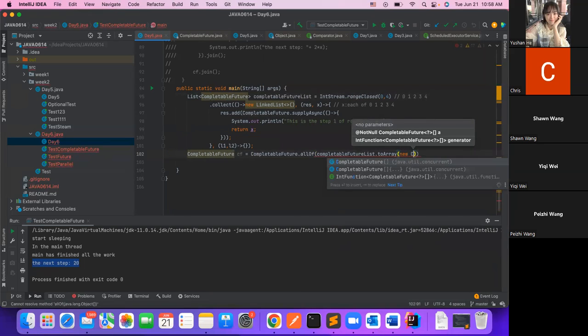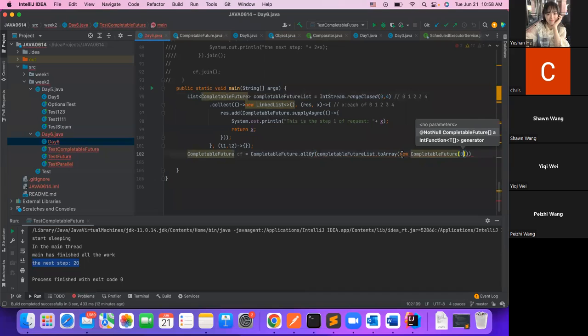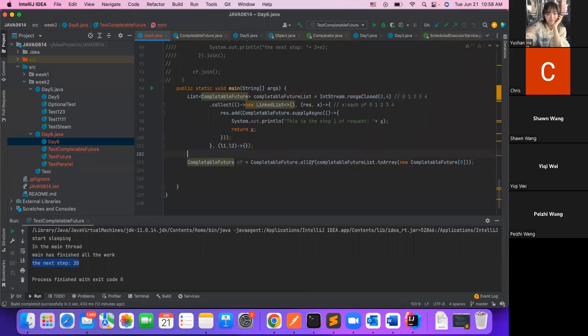Let me check. Oh, no errors. So this part is just to specify the array type, nothing special. And this allOf part is just used to convert. Let me write some comment here: the allOf only takes an array of CompletableFuture. So we have to make it an array. And then also